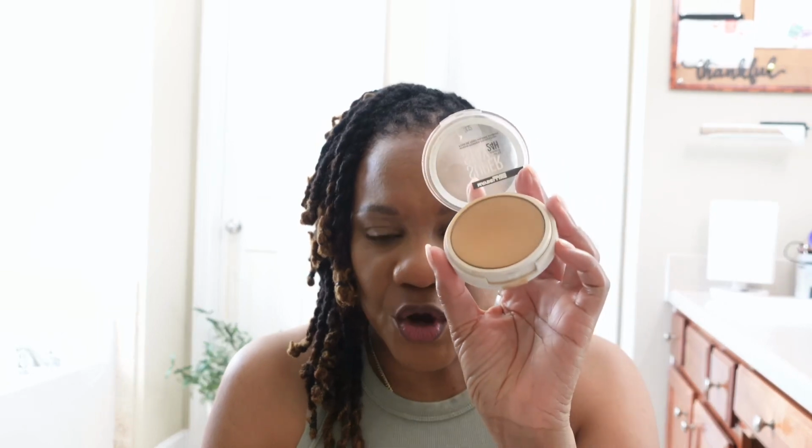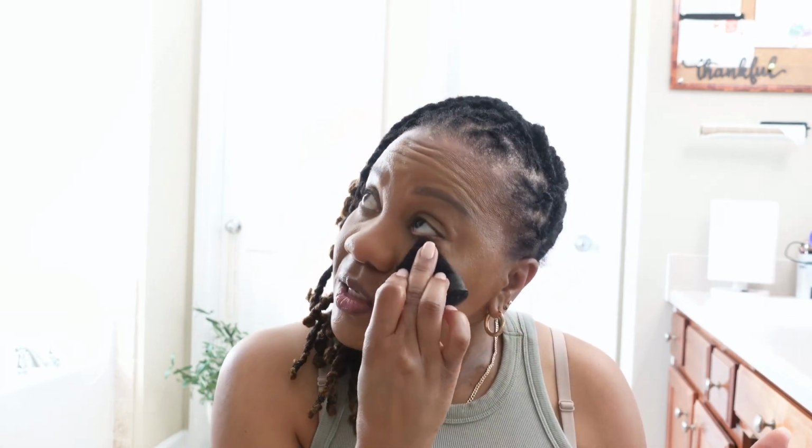So I have completed the concealing process. So I'm gonna go in with a pressed powder. Like I said, this is much easier to manage, and usually they come with a puff inside. You can use it, but I'm gonna use this one that I got from Amazon, and I'm just gonna go in and press in the pan. Just get enough product on. I'm still gonna make sure that it's even, so I'm going to press it out in the palm of my hand or on the back of my hand, and then press it under my eye, because you want the product that you used earlier to stay put, because the concealer will slip around during the day as your natural oils